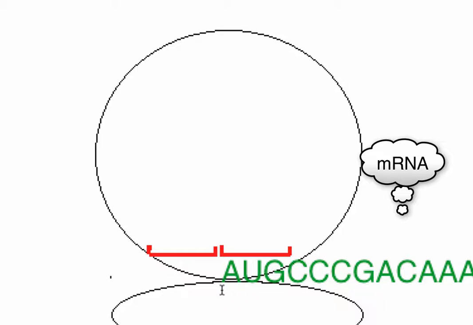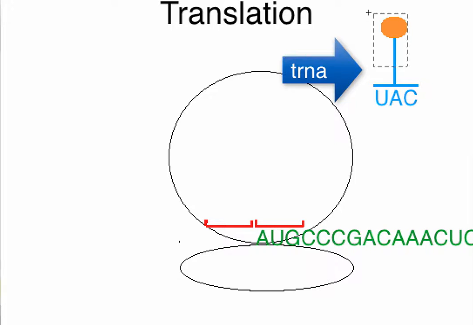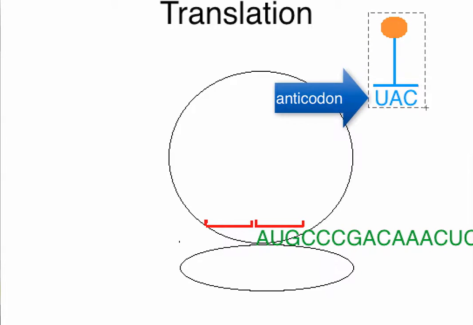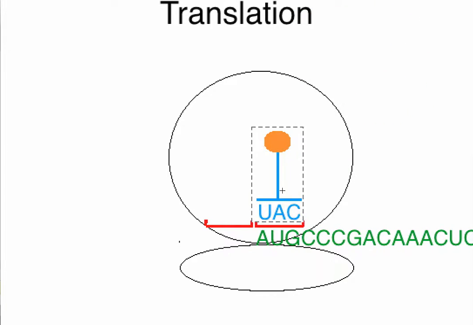Here comes messenger RNA in green, and you can see the AUG start codon lines up right on the first spot. Here comes a tRNA that has an anticodon that corresponds to an amino acid. That tRNA is going to bond complementarily to the messenger RNA in that first spot on the ribosome. Now, both of those will slide together. Unfortunately, with my technology, I have to do them one at a time, but imagine that they're stuck together for that